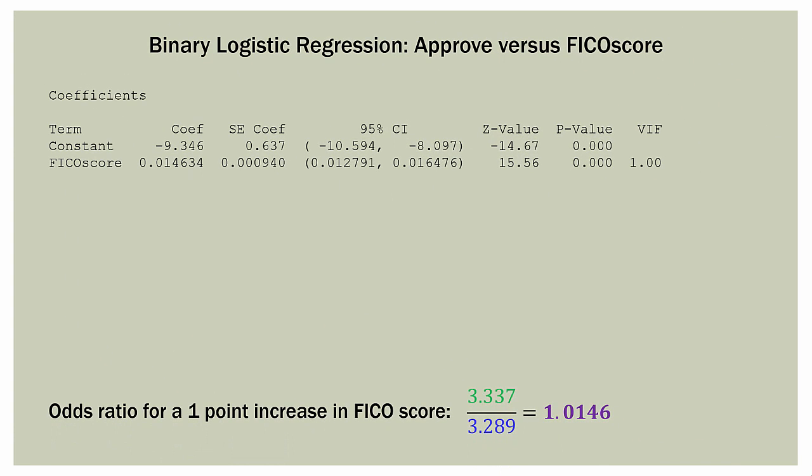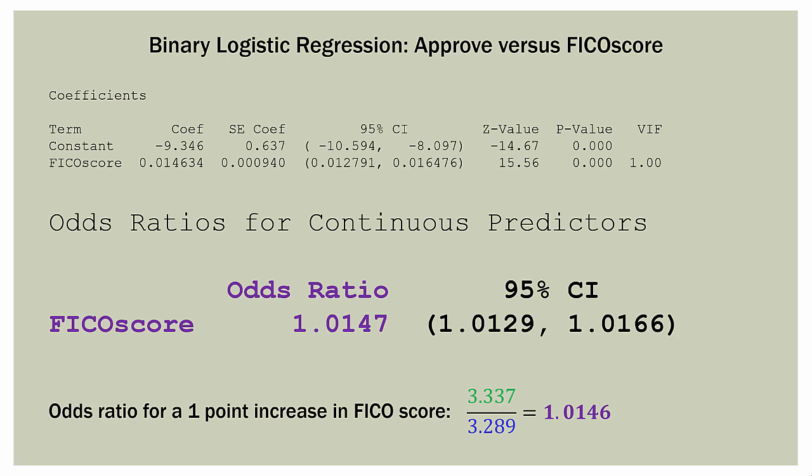Well, remember, it's from our output. So the odds ratio for continuous predictors had a FICO score odds ratio of 1.0147. Now ours was 1.0146, and that's only because of rounding. So now we know what the odds ratio actually is. It represents the change in the odds for a 1-unit increase in the independent variable. So in this case, we went from 720 to 721 in our credit score, and we ended up with an odds ratio between those two of 1.0147. And that would be true for any 1-point change. So if my credit score was 692 and I raise it to 693, the odds ratio between those two is still